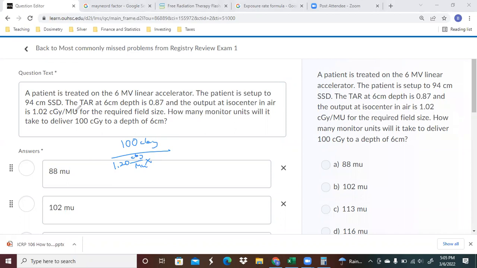We also know here that the TAR at this is going to be 0.87. So we're going to put that in here. Now, the TAR is what's going to let us get from the dose in air to the dose in the phantom at that particular depth, and that's what we're looking for. So we should end up here